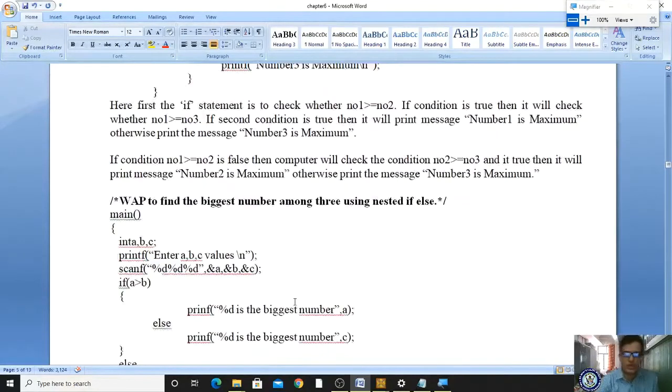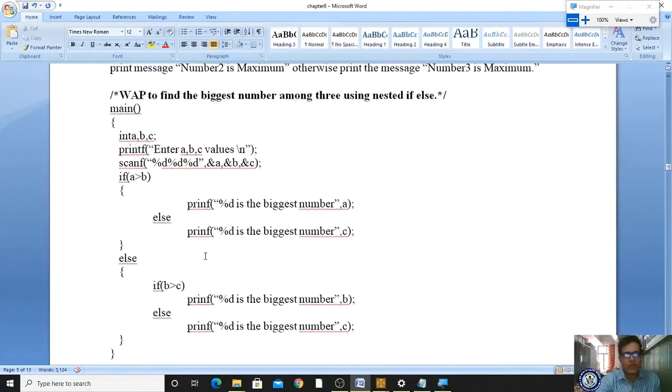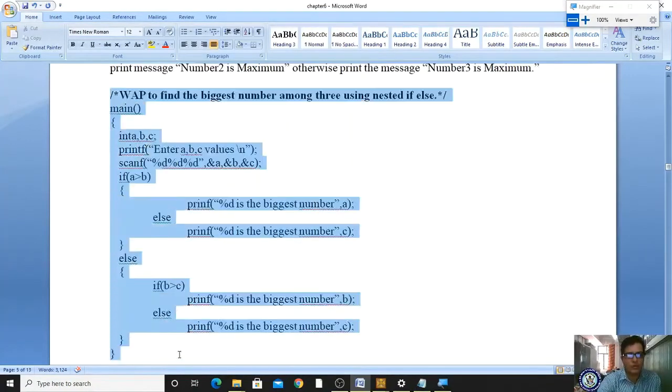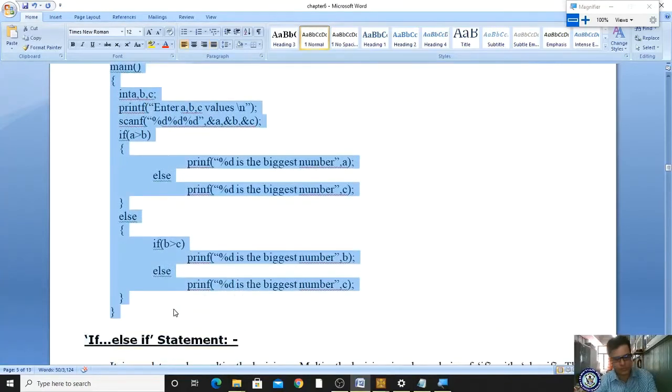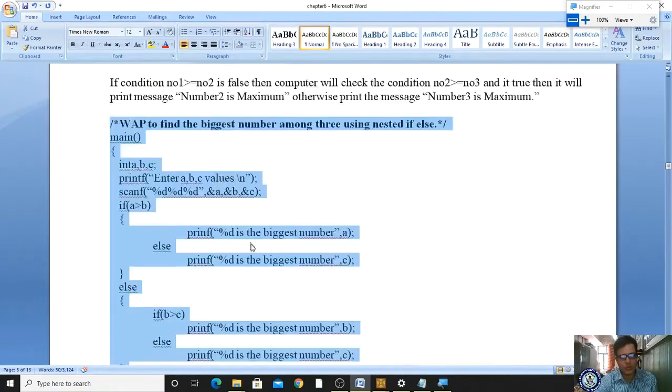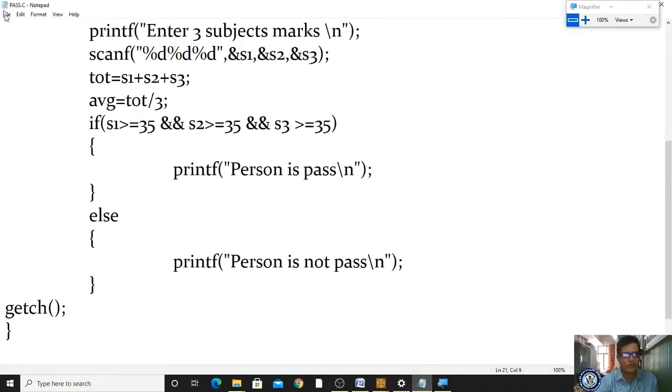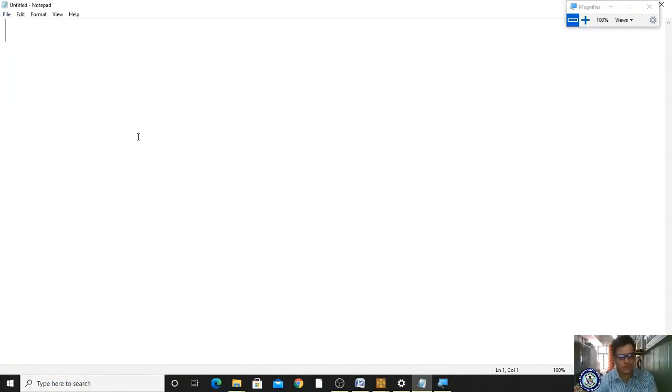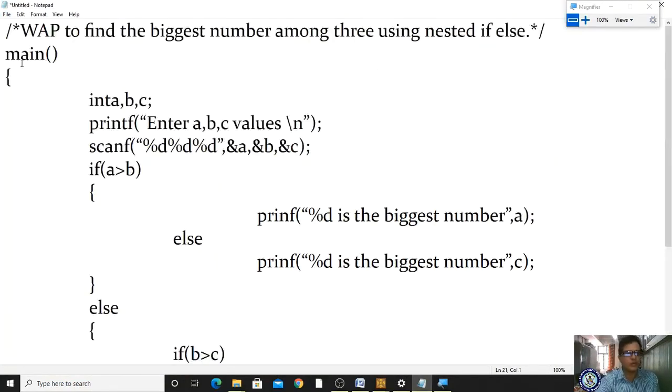So this is in your lab program. You have to go through this very carefully, and this is a very essential topic. Let me run this program for your understanding purposes only. If there is any modification, I am modifying the above program only for your understanding. I'm taking a new file and pasting, and I'm coming here.